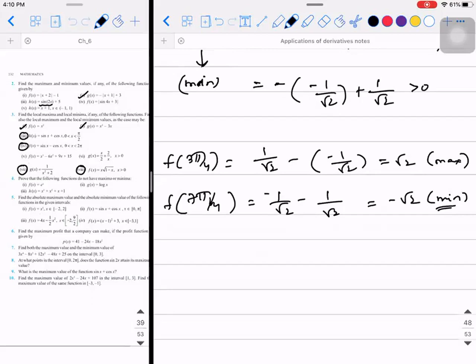So are you able to understand? Yes. Will you be able to get the same thing using that verification method? What are you supposed to multiply and divide with? Root 2, sir. So multiply and divide with root 2, you will get root 2 into sine of x minus pi by 4. The same thing will come again. So minimum value will be minus root 2 and maximum is plus root 2.